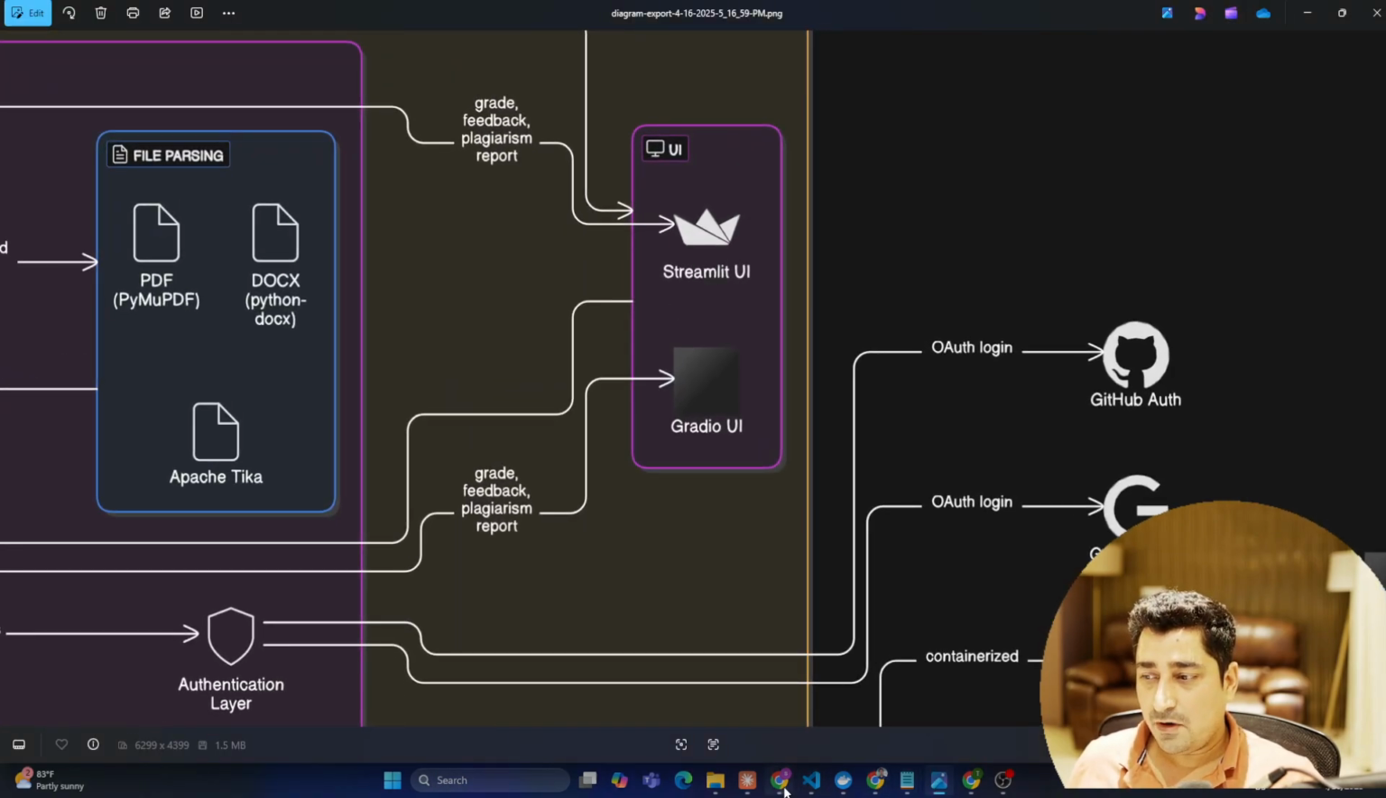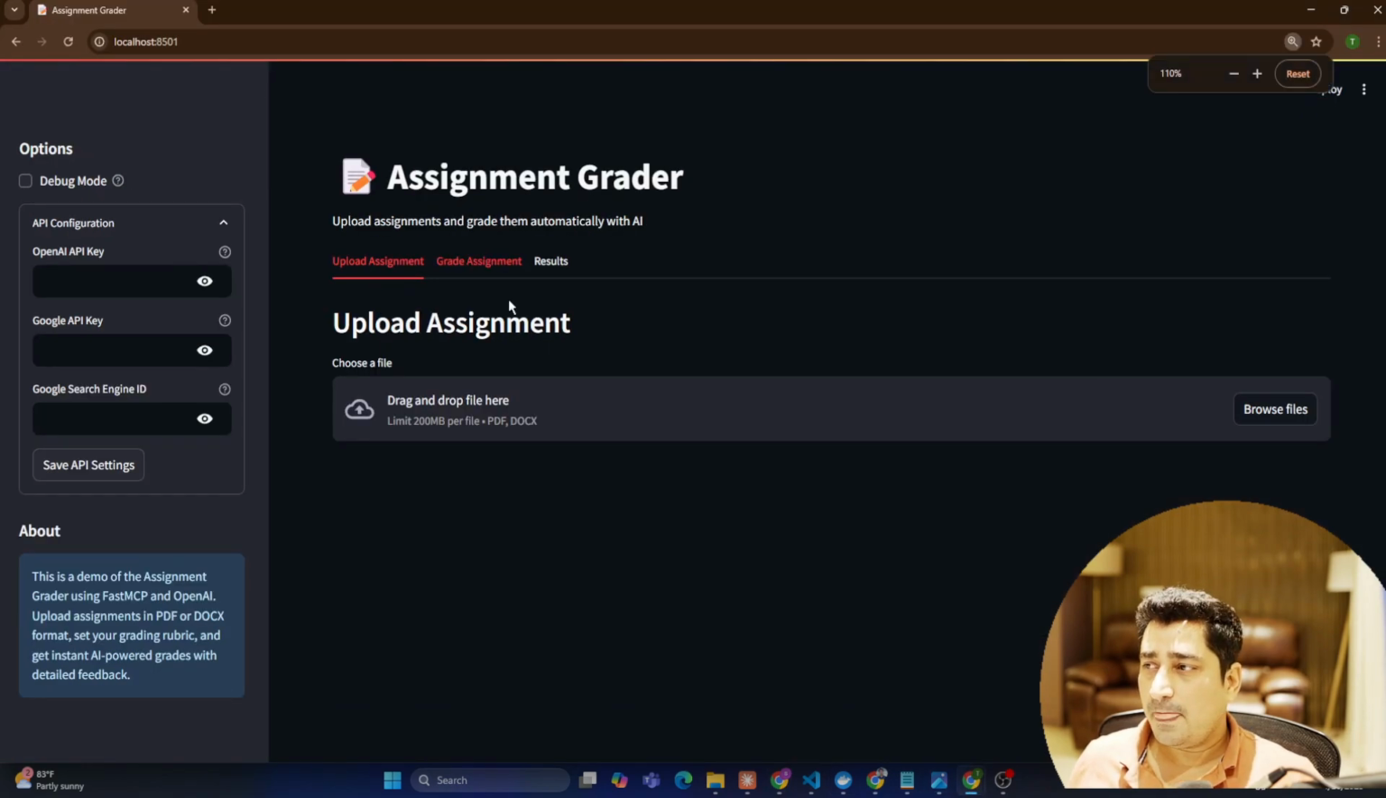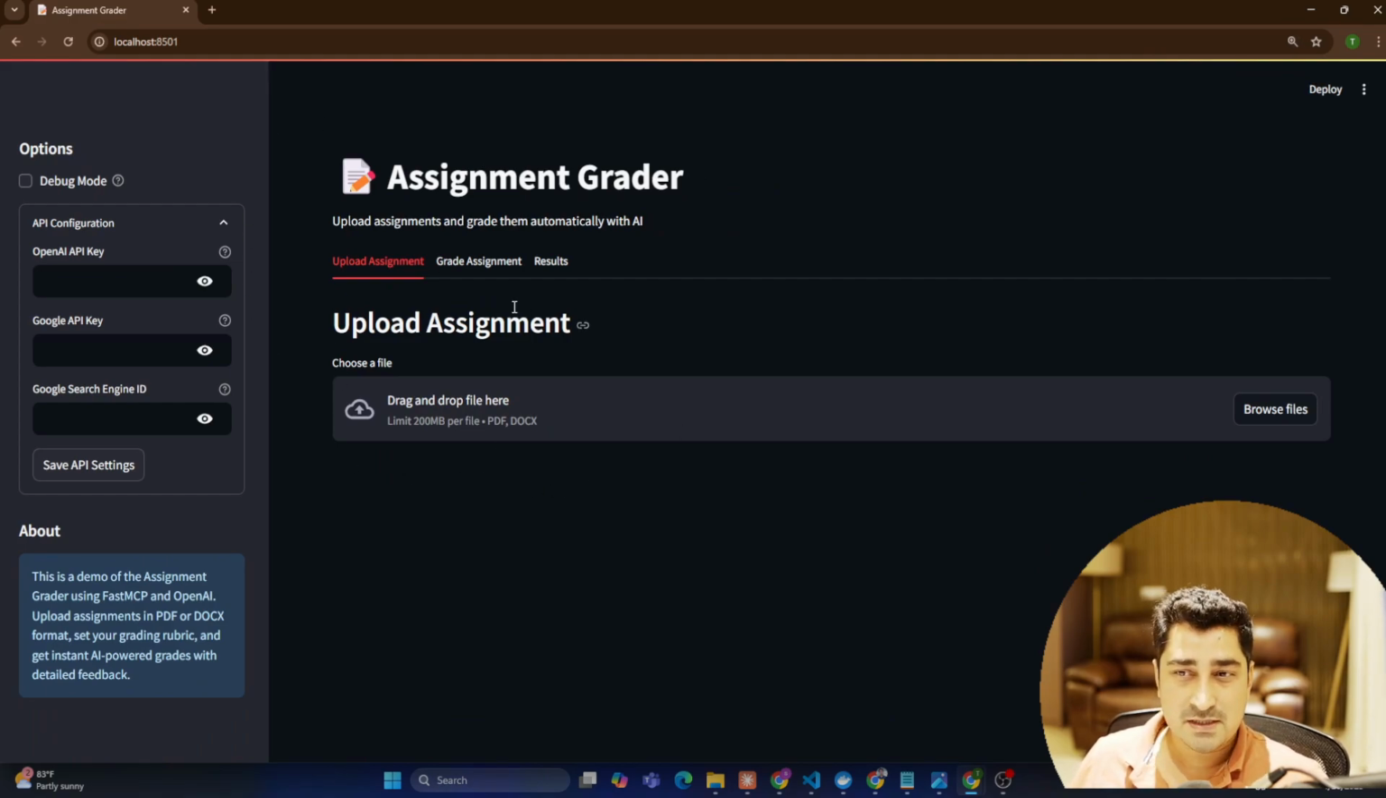I believe I have already shown you the UI part. So this is how my UI will look like. Here we have to build it in Streamlit, and it's not very difficult to build this kind of UI interface. It's a very, very basic one. So here we have to basically